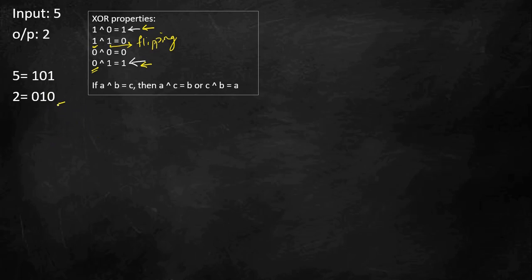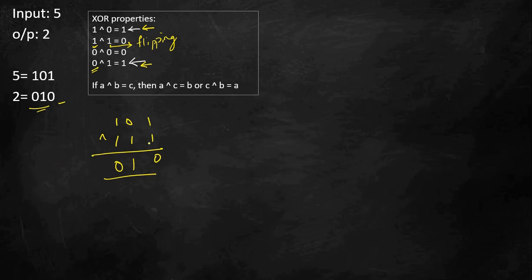So that means if my number is 101, and I use 111 and do an XOR operation, 1 and 1 is 0. If it is a different digit, then it will always be 1, so 0 and 1 is 1, and 1 and 1 is again the same digit, so it will be 0. So the output is 010, that's what we are expecting. So based on the XOR property, we can XOR with all ones and we will find the output we need, and then we can return the decimal of that value, right.